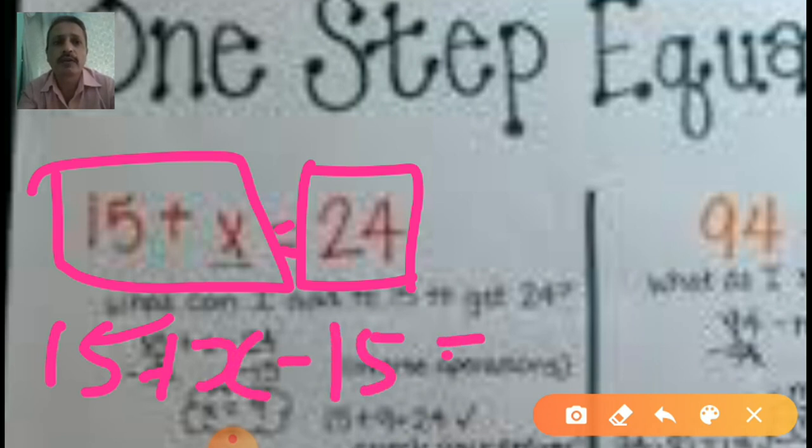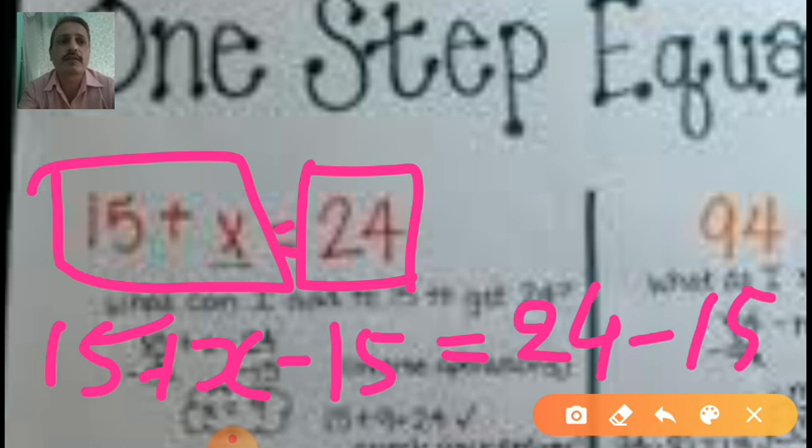To remove the number, we have to subtract. So I can put 15 on the left side, but that 15 is a negative number now. 15 minus, I will put it here. If I put the 15 on the left side, in the same way I have to put 15 on the right side also, student. Why? Yes, both sides equal. Understood? Yes, equalization. That's why it's called the equation.